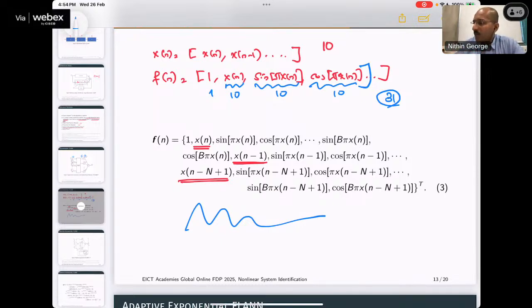Understood? So I am trying to use a sinusoidal basis function to make this entire neural network work. This is one idea. But I might be able to have a better model, because this sine wave's amplitude can be made larger or smaller. That's all. That is the only control we have in this. But suppose I have a